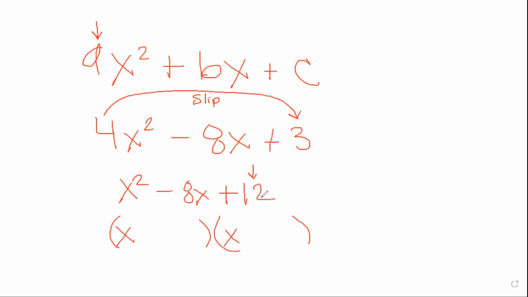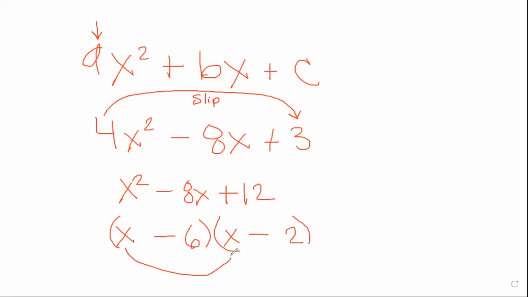For 12, I could think about 6 and 2, 4 and 3, 12 and 1, and 6 and 2 I know are going to get me to 8. So 6 and 2, and then I need them both to be negative for my last term to be a positive 12. If I FOIL to check, and I always suggest FOIL to check,